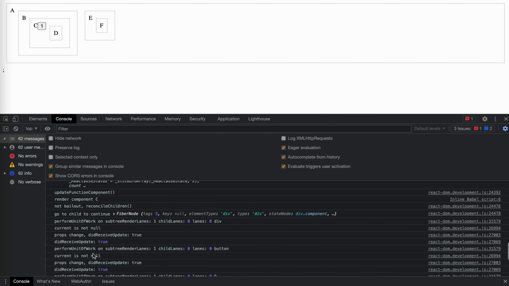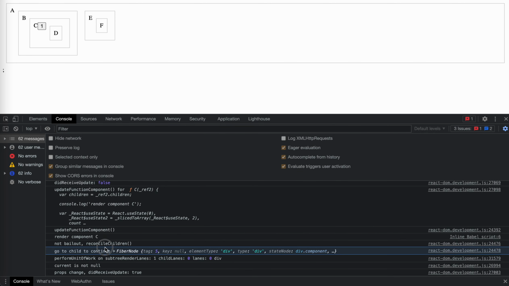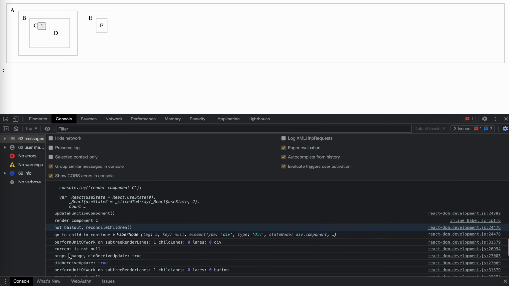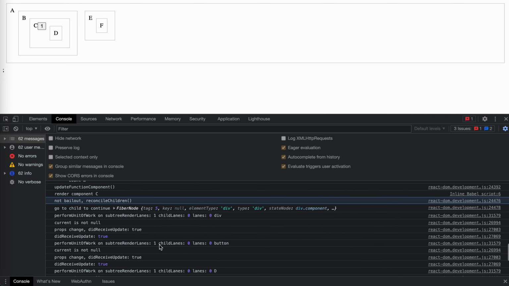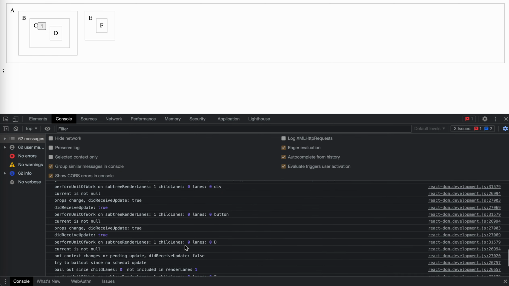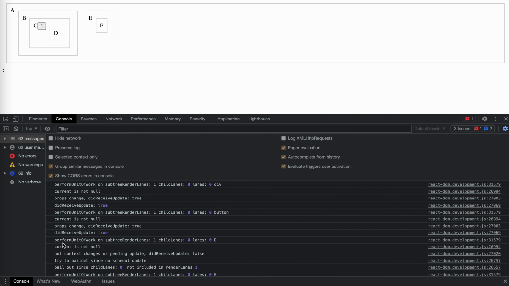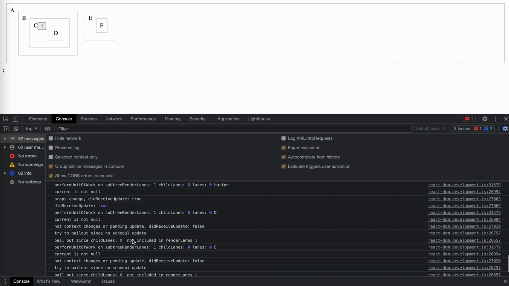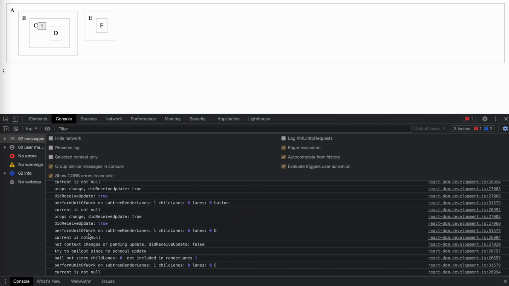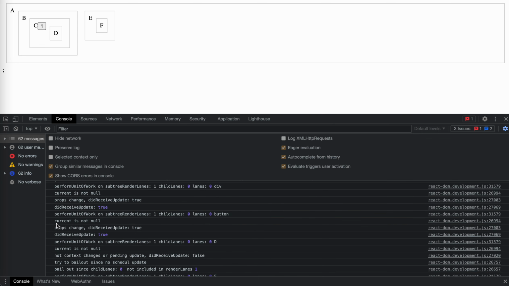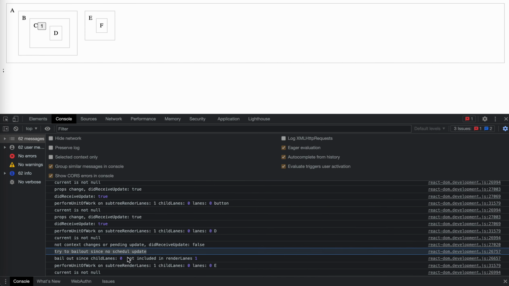Here. The C is the same. We do not bail out, reconcile, and go to the next one, which is the div, and go to the button. Perform it, and current is not null. Try to bail out, but it does not bail out since D is here. Button, current is not null. Then we go to D here. Child is not null. Try to bail out since there's no scheduled update. Bail out since child lane